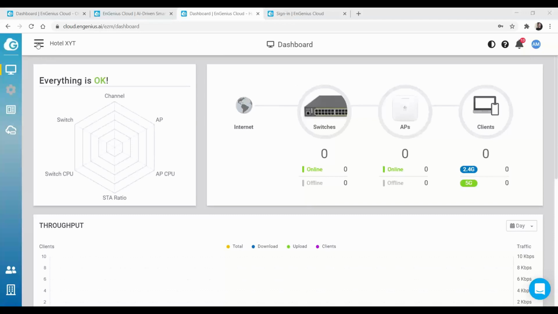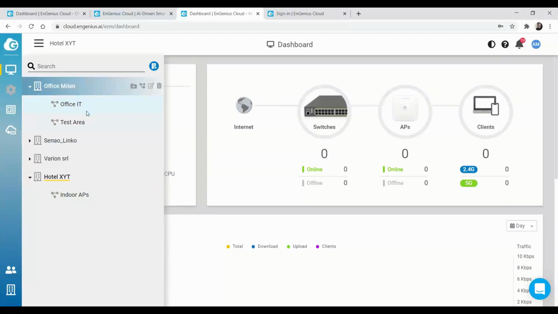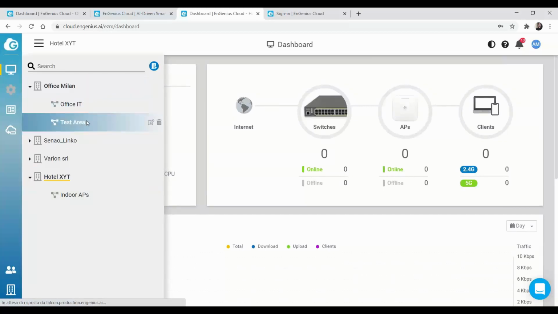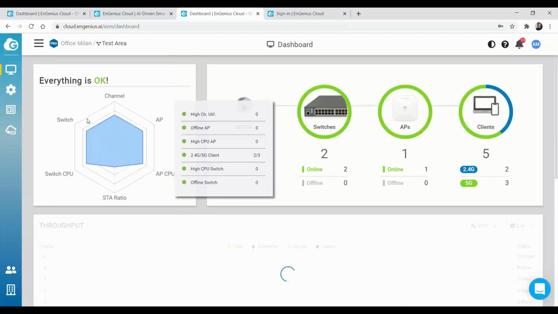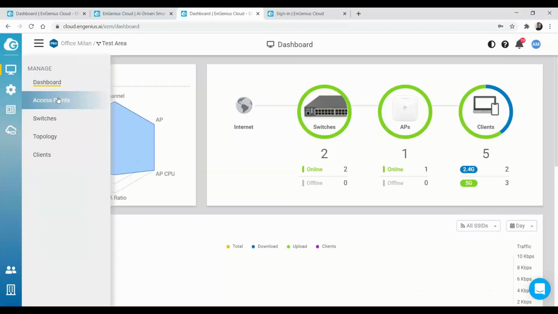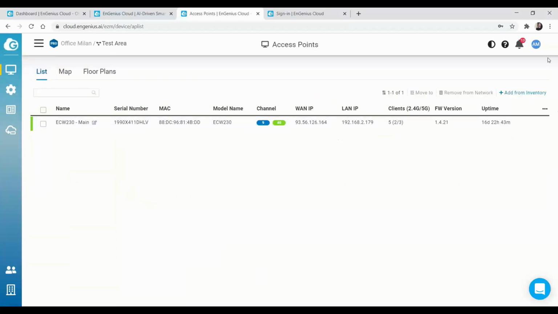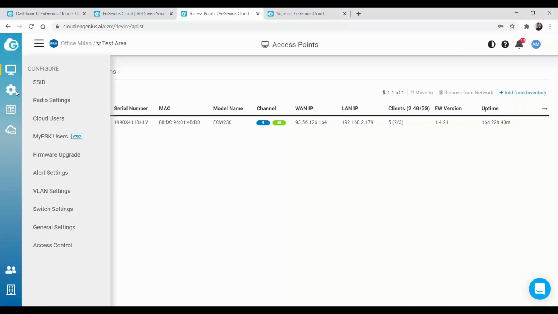Okay, Hotel XYT, it's a test. So go back to my Office Milan project, test area. I double tap here, and here we are. When you connect the access point and switch, probably you will have to do some major update. So it's the case to do an update, very simple. Go to the configuration tab here on the left,